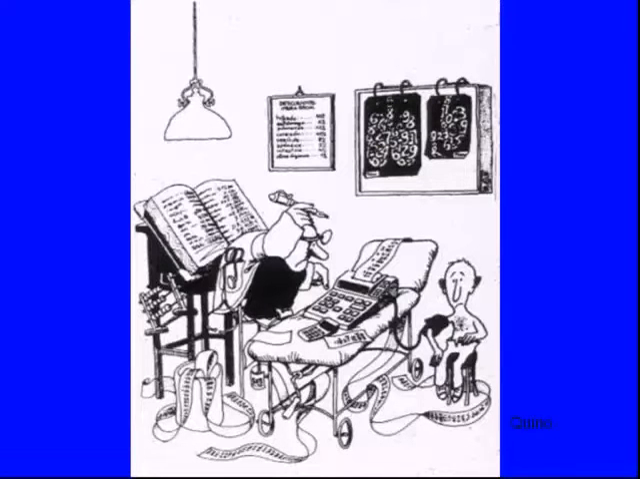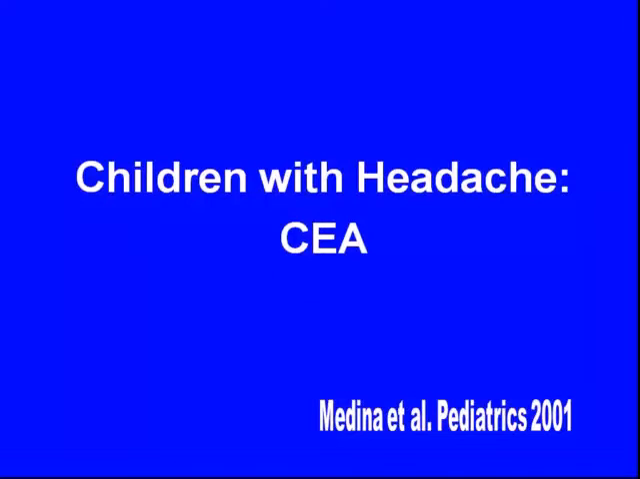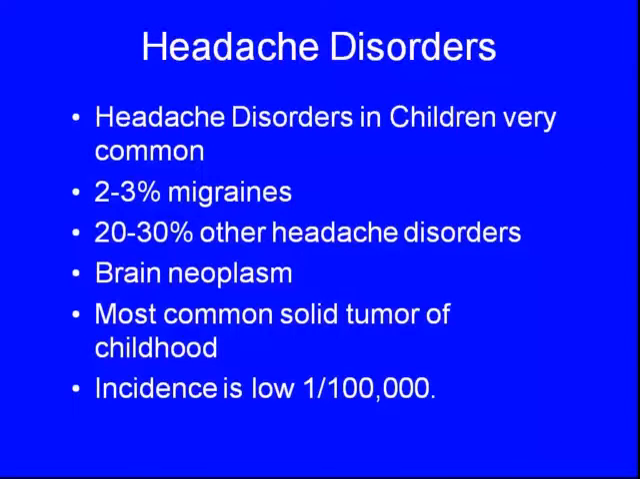Now let's do the numbers, and I'm just going to show an example just to take the message home. Children with headache, this is a study that we did in the early 2000s. It's a very interesting topic because a lot of children have headaches, and a lot of clinicians are very concerned that even though they have headaches, they may potentially have a brain tumor. But if you look at the probability of brain tumors, it's very low. Even though it's the most common solid tumor, second most common tumor after leukemia, the incidence is very low, 1